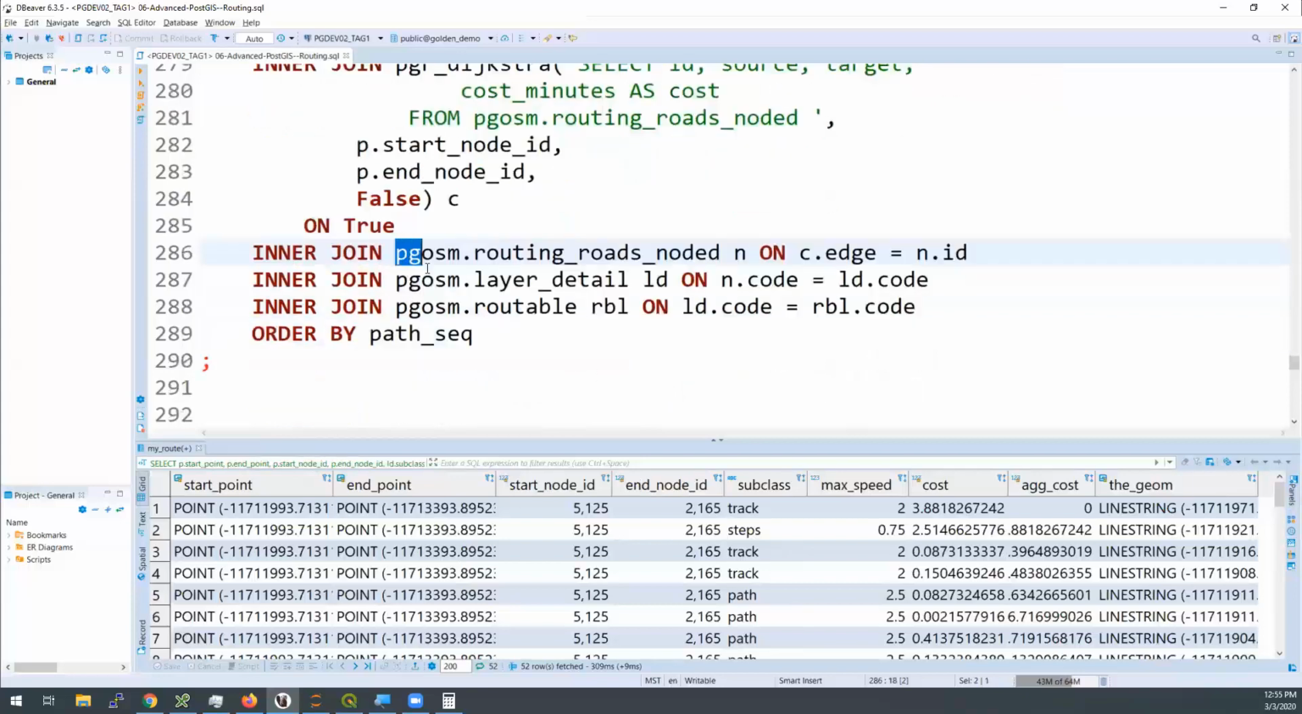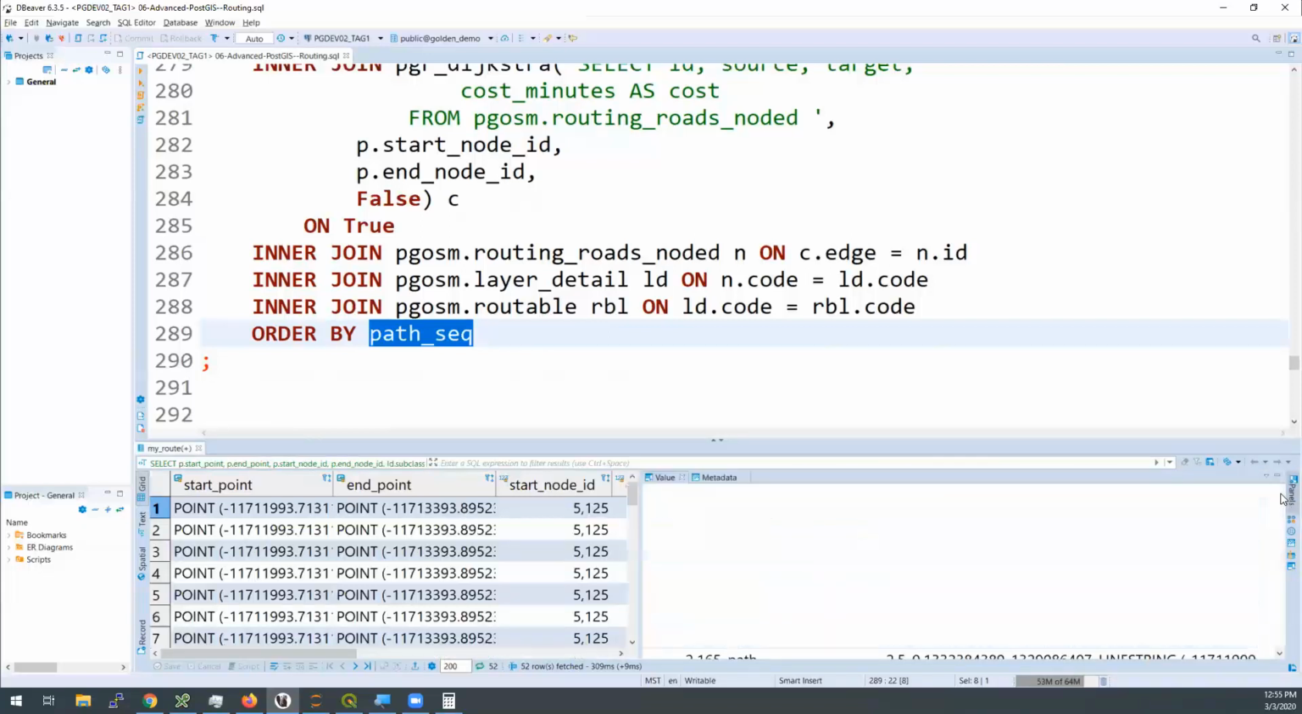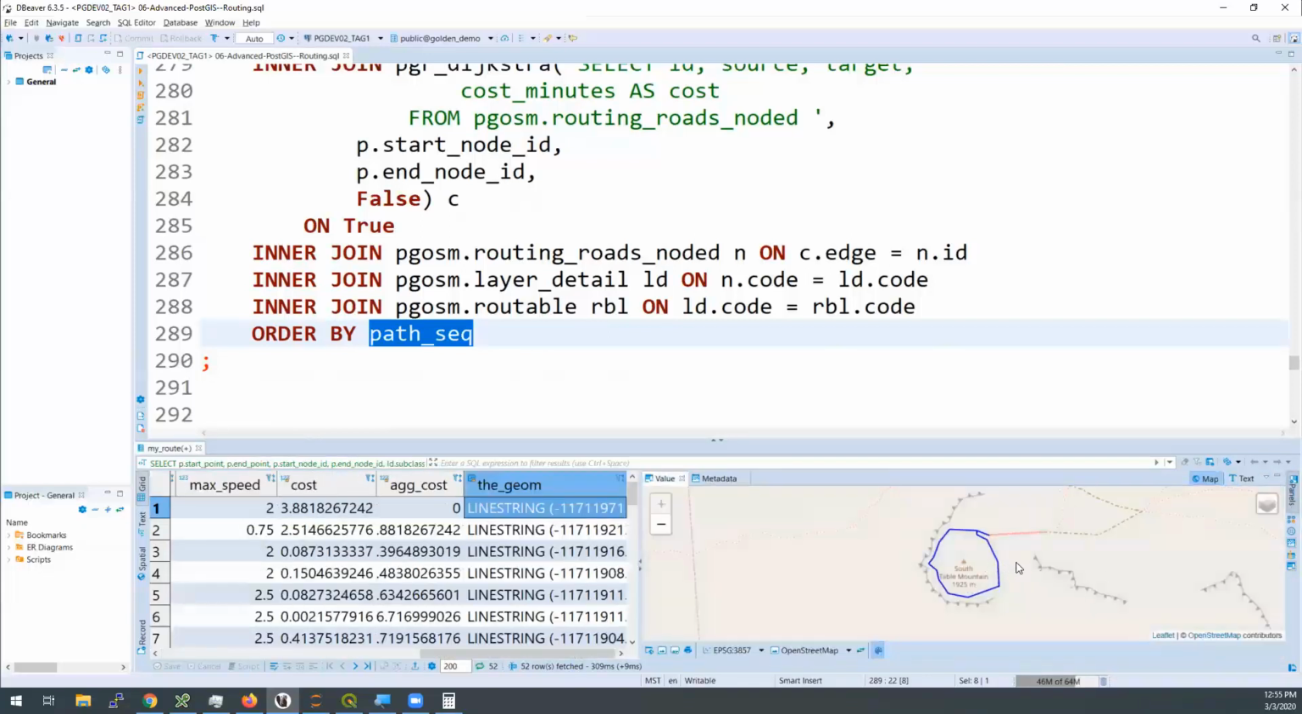And then at the end here, we're joining to the noded data, which gives us some metadata, and then our routable for some more metadata. And then I'm ordering by this path sequence column. So this is going to force the rows to be in the order that they would actually happen in the route. So if I click on this first geometry here and fly out the side panel so we can see it,